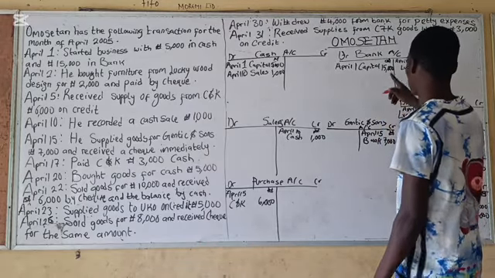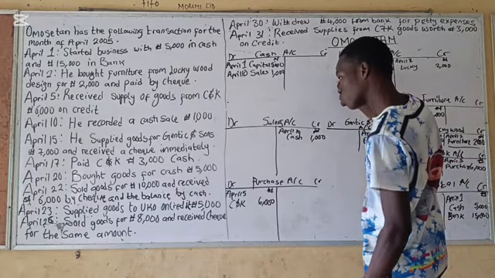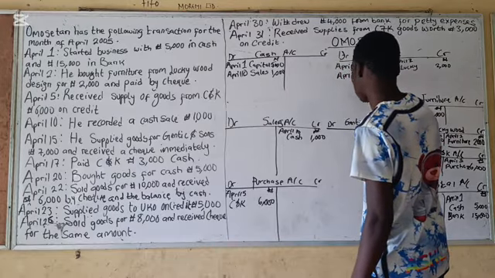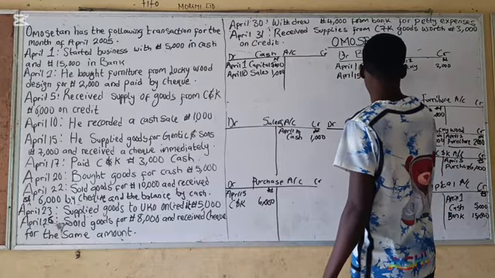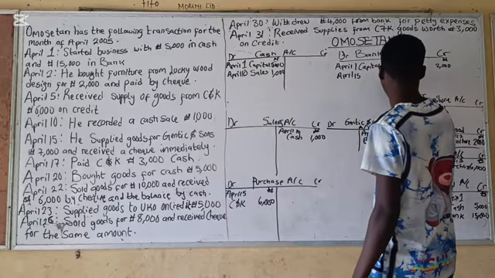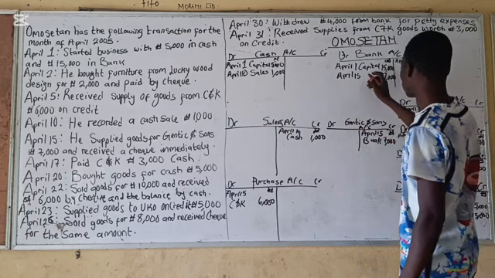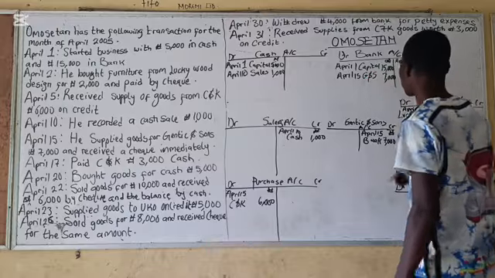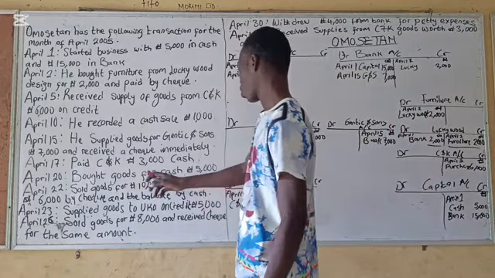Now you move to bank account. You are going to add this here, which is April 15. So how much is the amount? 7,000 naira. And we have what? We have the name to be Gentic and Sons. So I'll just write G and S. We don't have enough space. Now the next one is